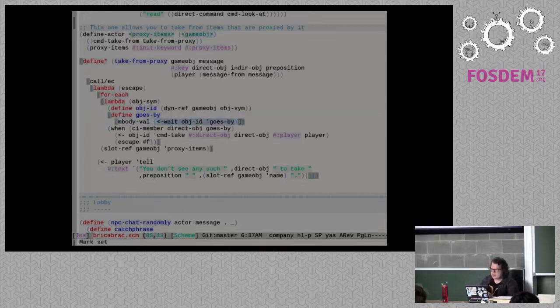But instead of having to split this into a whole bunch of functions, I actually just have this one procedure that suspends. When it gets a message back, it wakes back up again, and then it's able to extract the value from it. No need for callback hell. There's no need to split things up into a bunch of things. Your programs look as if you're writing just completely straightforward Scheme programs. If you've done Node.js, you know what callback hell is. It's not fun. So that's one nice thing about it.